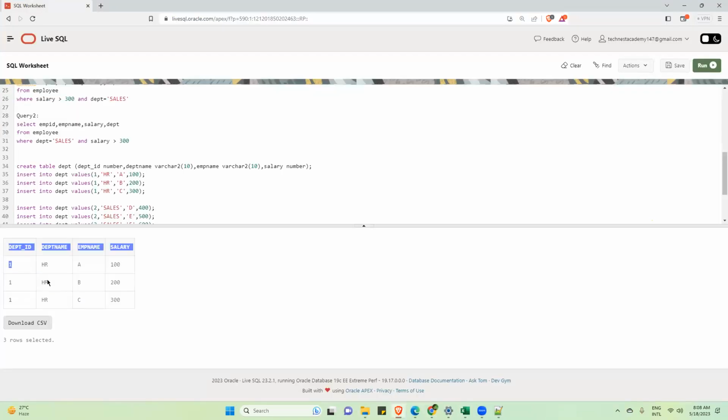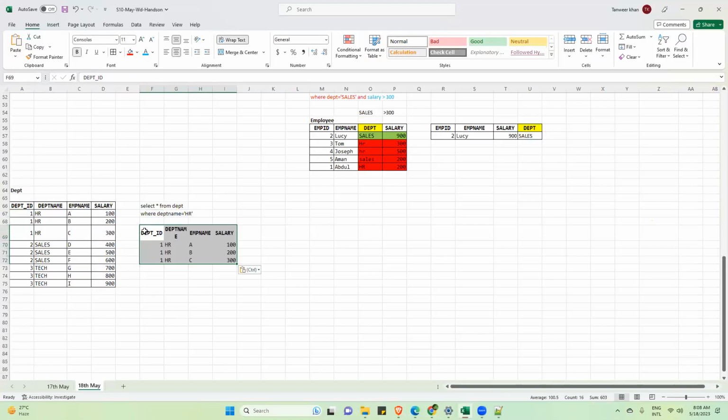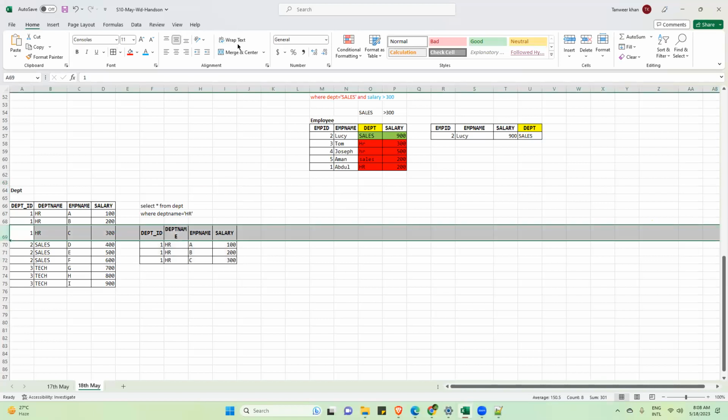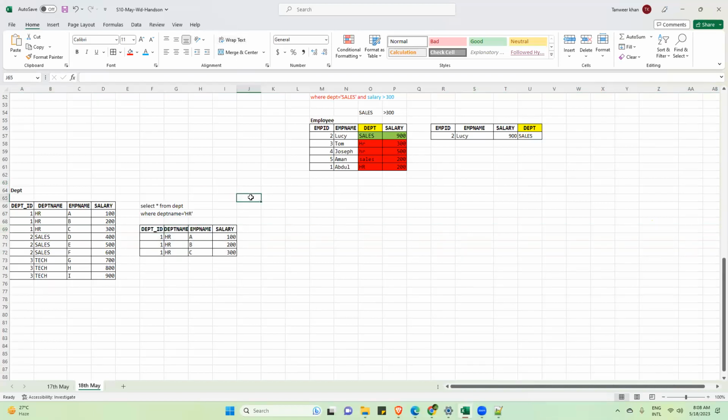And this is the output. Is this the correct output? Yes. Hope you all understood this. Now my manager is telling Tanveer, okay, fine, we have displayed the employees who are in the HR department, but I want only those employees who are earning salary greater than 100.